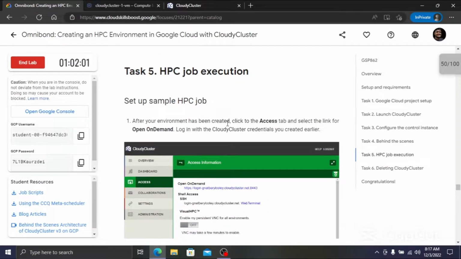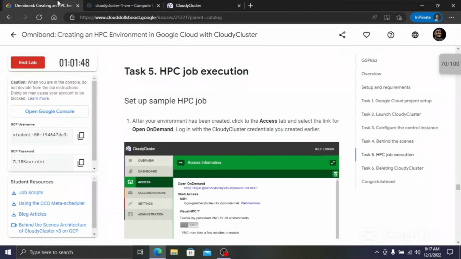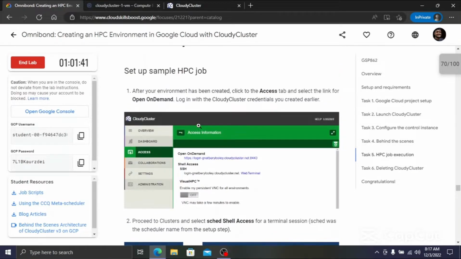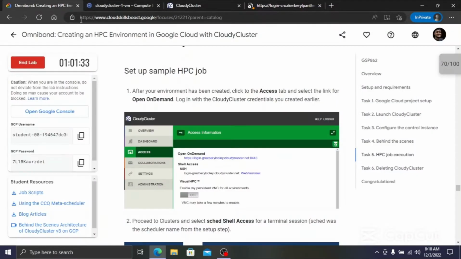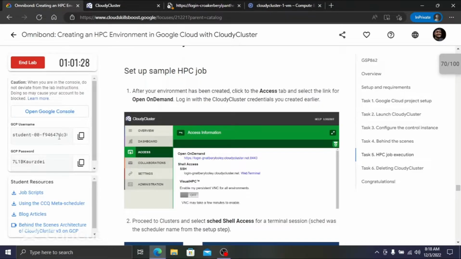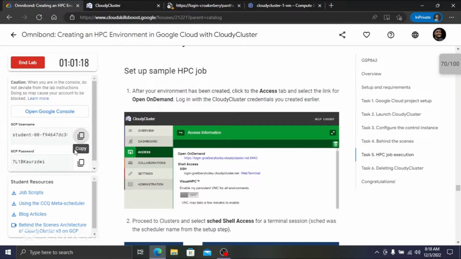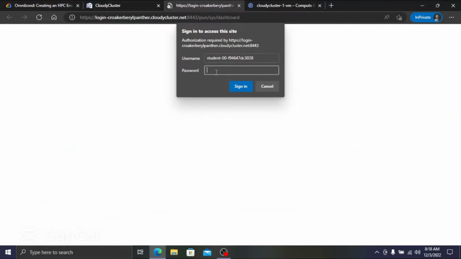After your environment has been created, click the access tab. So where is this one? Click it, and you will see something like this, and select the link for open on demand. Okay, so click this link, and okay, so username, so we know the username. Copy this, paste it here, remove up to @, and this is the password. So paste it here, click sign in,